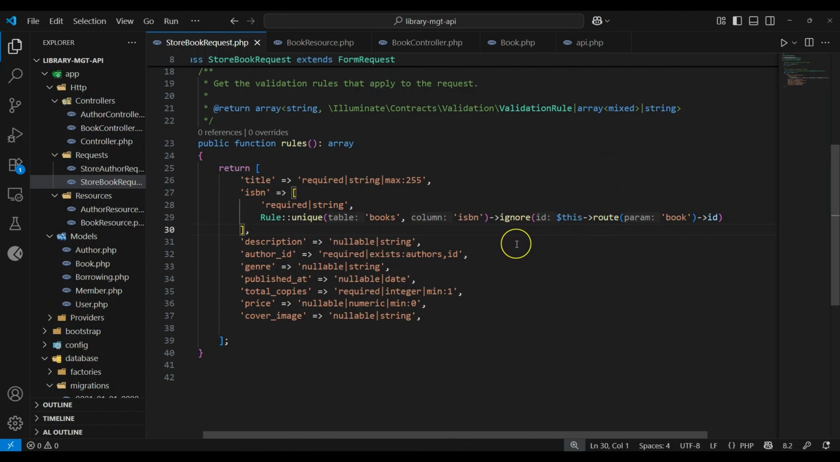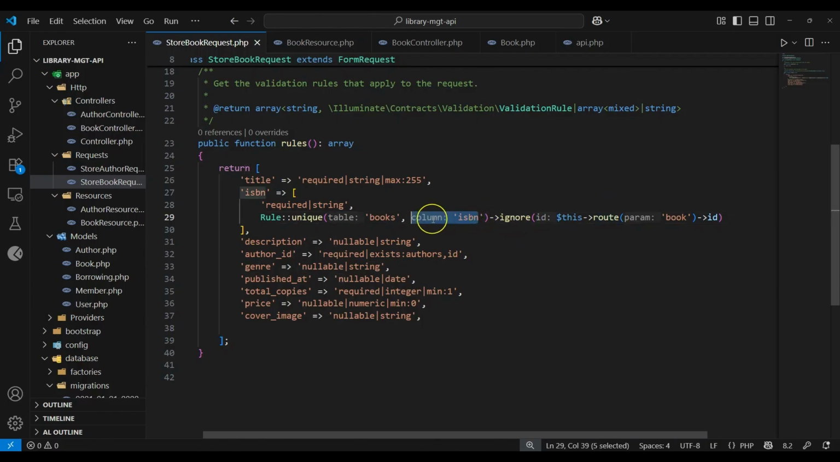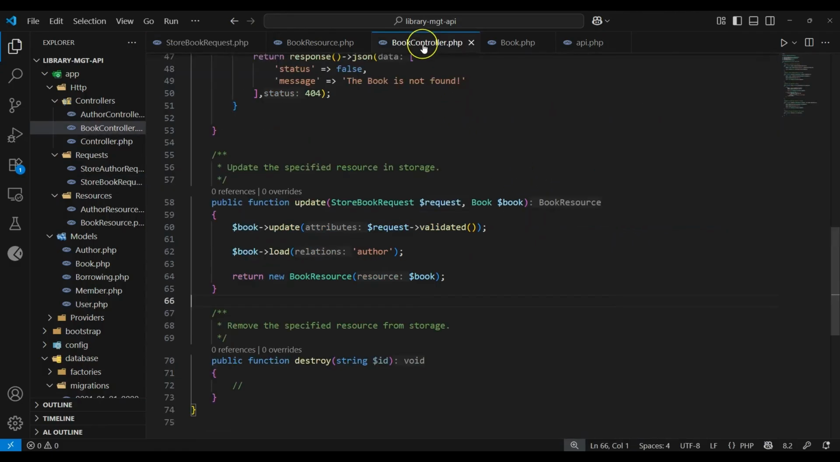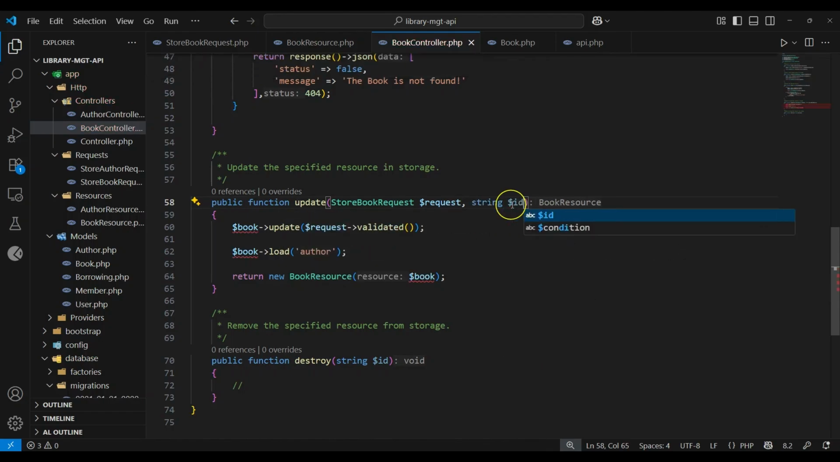So what I'm doing here, I will just ignore this ID. Why? Because I'm ignoring the current ID if that ID already exists, but we are ignoring it by using this route, because we are using model binding on our controller here. If we just put an ID here, it will be different when you are using it. So if we just put a string then ID,